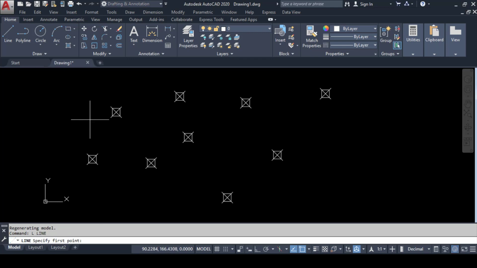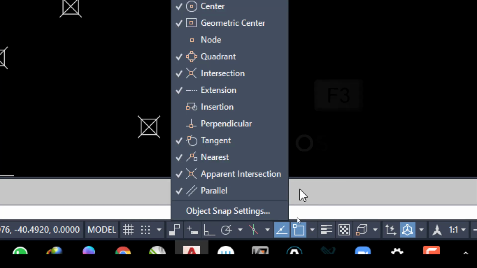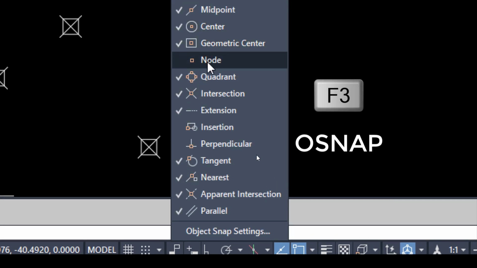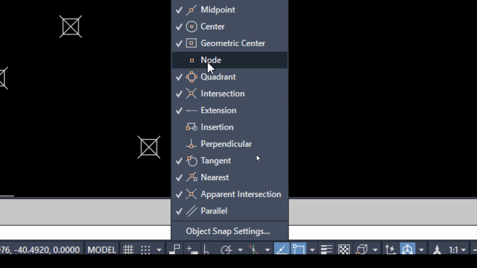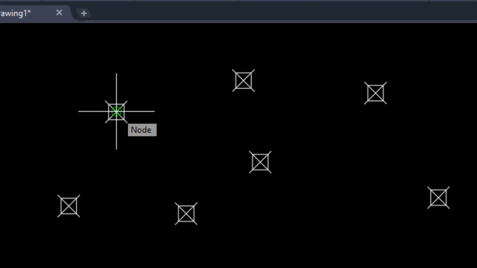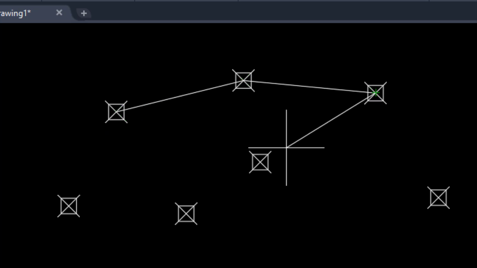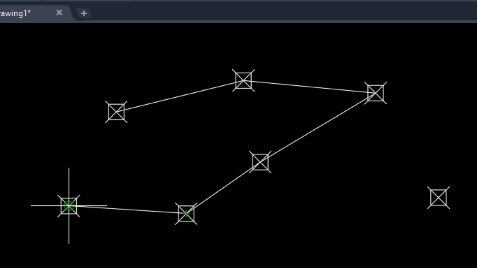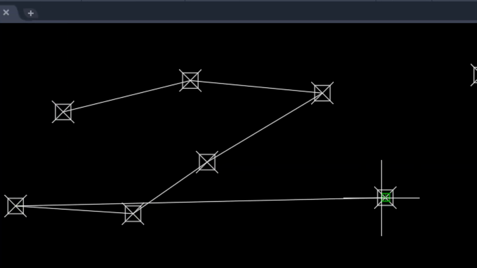Now if I try to make a line joining these points, I cannot snap to the node points. For that, in the lower area, I will go to the snapping settings and make sure I click on the node. If you have attended my previous tutorial, I skipped the node option over there. So I will switch it on. Now I will draw a line by pressing L, enter. If I zoom in here, you can see that it is giving me the node point of that particular point. So if I click on the points, I can directly make the line with the help of node points. So this is the use of the point command in AutoCAD.